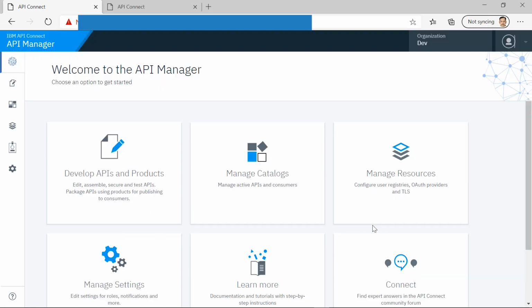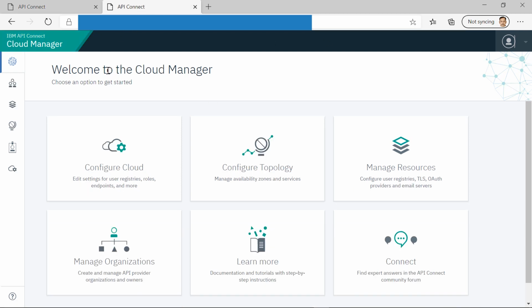And for doing it, if I go to my API Connect environment, I do have an option, as I told you earlier. I could create the user registries either in the management API Manager user interface, which is specific to a provider organization, which in my case is dev, right? Or I could choose to create it in the Cloud Manager user interface, which will be shared across all my provider organizations, right? So in this case, let me go for Cloud Manager because I do have multiple organizations like dev and test, and I want this to be shared across multiple organizations.